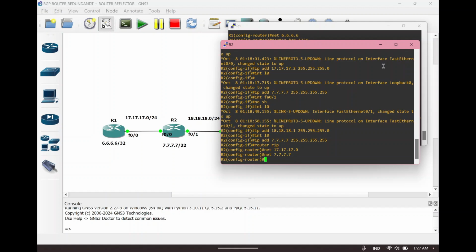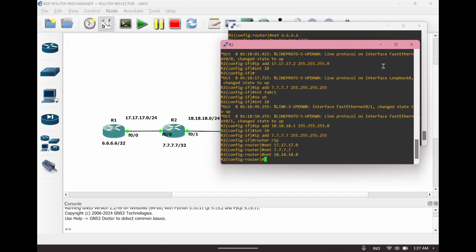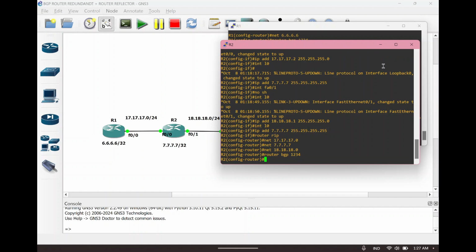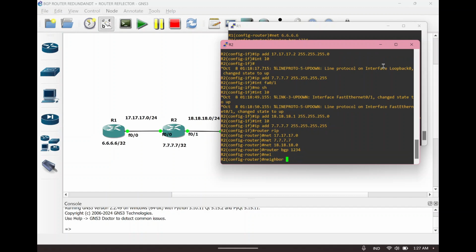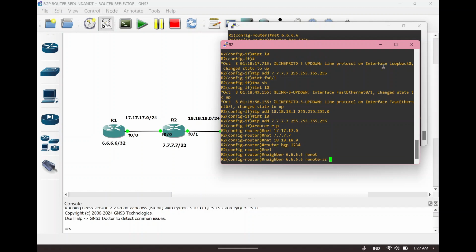Okay, so enter router RIP again and enter the IP port, and don't forget to enter the IP router. You can configure the same as me, but you can change the IP, that's up to you. So don't forget to enter router BGP 1234 and neighbor.